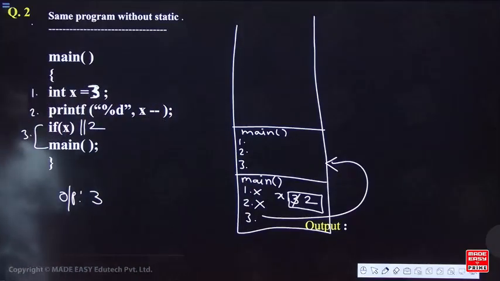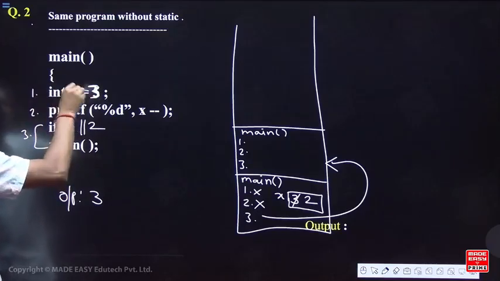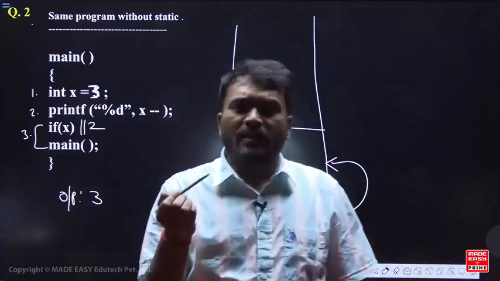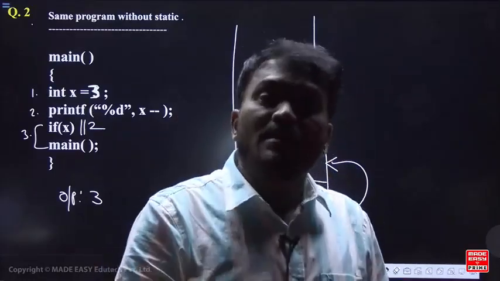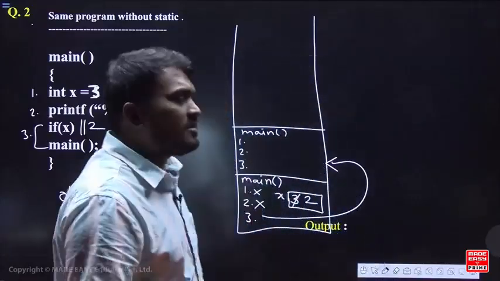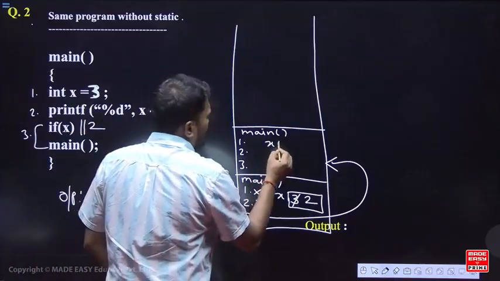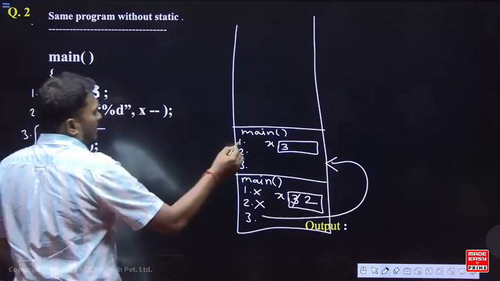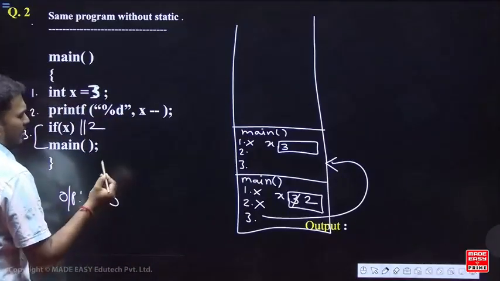Tell me what these 1, 2, 3 statements mean. Again you are having integer x, remember it is a local variable, just like an auto variable. For every function call it is recreated and reinitialized. So variable x is again created in the memory, reinitialized with 3. Now the first statement is completed. Now the second step, printf percentage x minus minus, so what will be printed? 3,